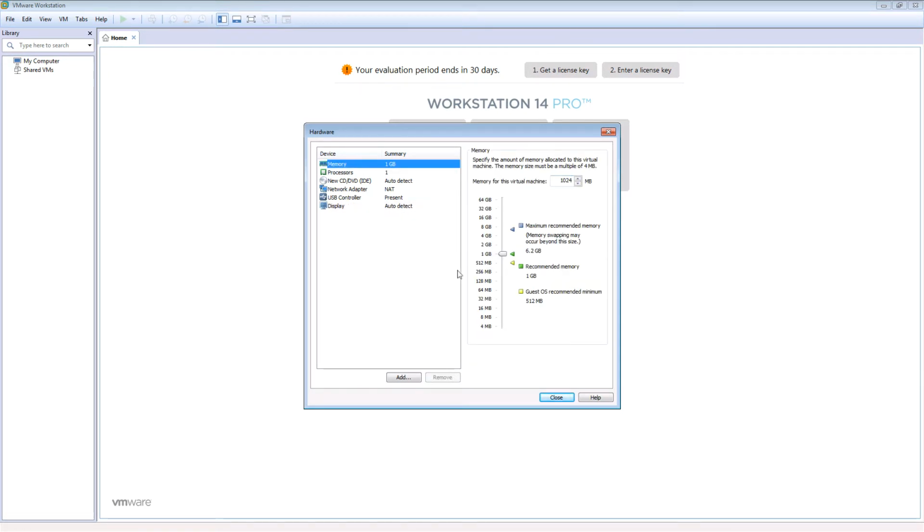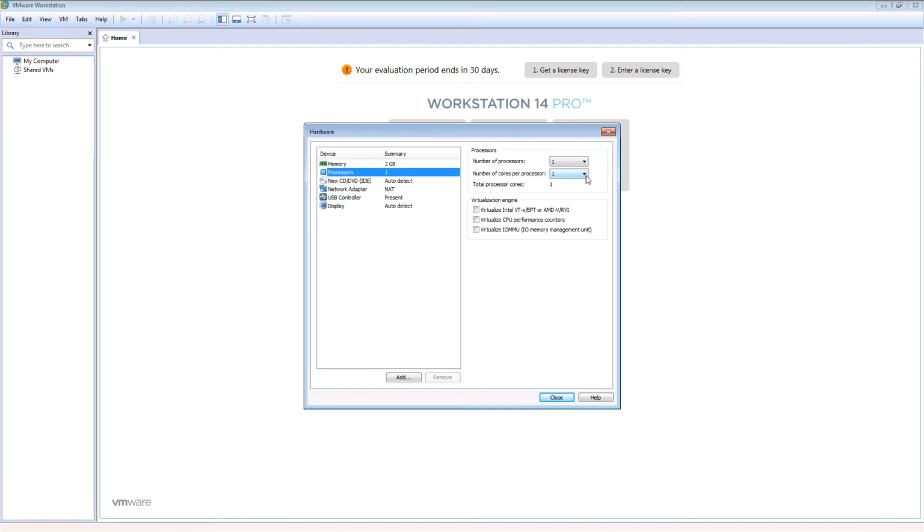And we can change, for example, your memory or CPU based on the hardware that you have in your host system. Look at here, this is a little bit different with the VMware Player. We have here number of processors and number of cores per processor. For example, I want to have 4 cores per processor. You can enable the virtualization engine from here. Go ahead and click close,